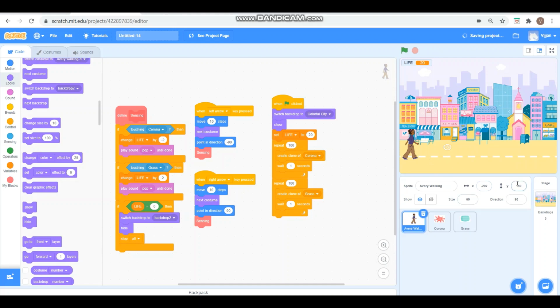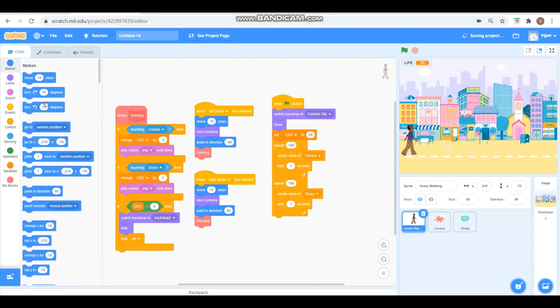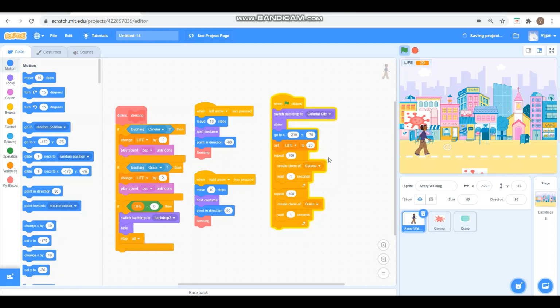Check the X and Y positions here. So when flag clicked, we'll do all the settings here. Switch backdrop to colorful city, show the man, and the man should be in position where go to X is -210 and Y is -76. Okay. So the man will start from there.